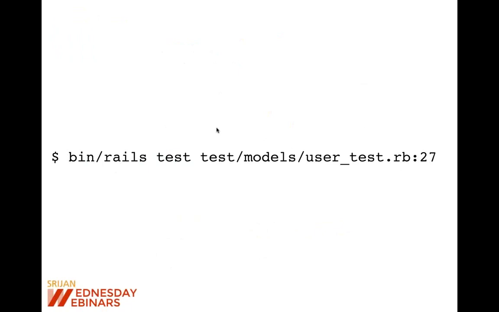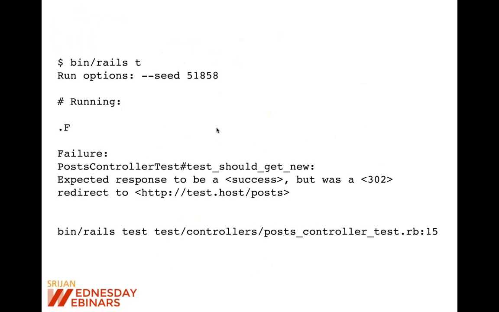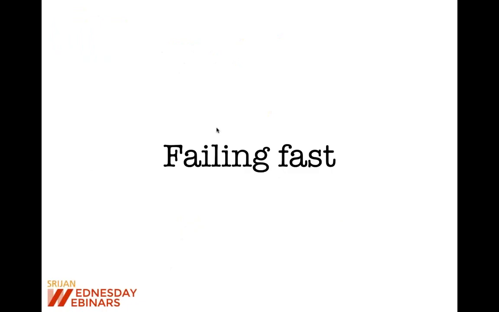This was not possible previously by just using the default Rails testing code. If I want to run multiple tests, like tests from models and jobs, that is also possible. Let's say I want to see the failure message. As I discussed earlier, RSpec shows which test has failed. Here you can see that it prints the test name and line number which failed, and then I can just copy paste it in the console, and it will just run that test from line number 15. It will not run all the tests.